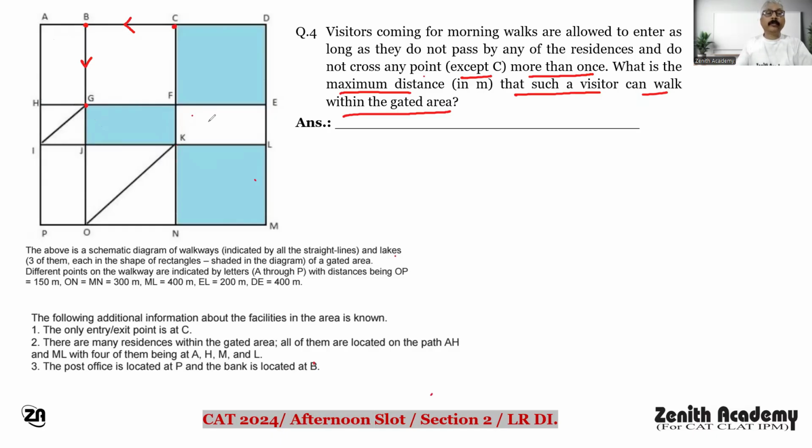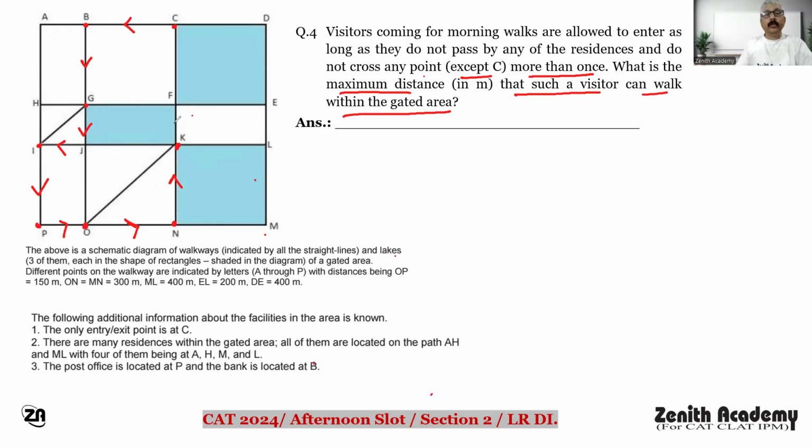It is a matter of maximum distance, so he should go G to J, J to I, I to P, P to O, and now it is a matter of maximum distance. So O to N not allowed here because M and L resident, and N to K at this point,